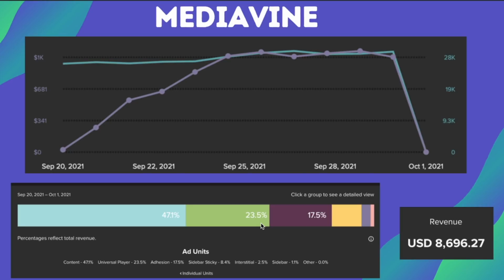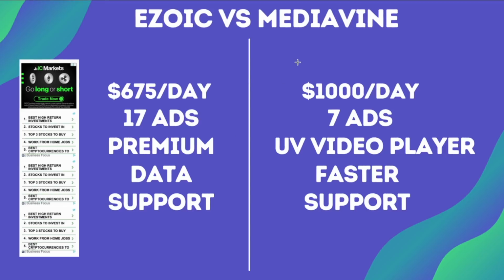I also have heard similar experiences of people that have been using this. I've seen one with 30% on the high end, I think. So if you don't have Universal Video Player turned on, I highly recommend you check it out. You can just toggle it on, it's really just one click, and it automatically propagates across the entire website. So moving on to a brief comparison of Ezoic versus Mediavine.